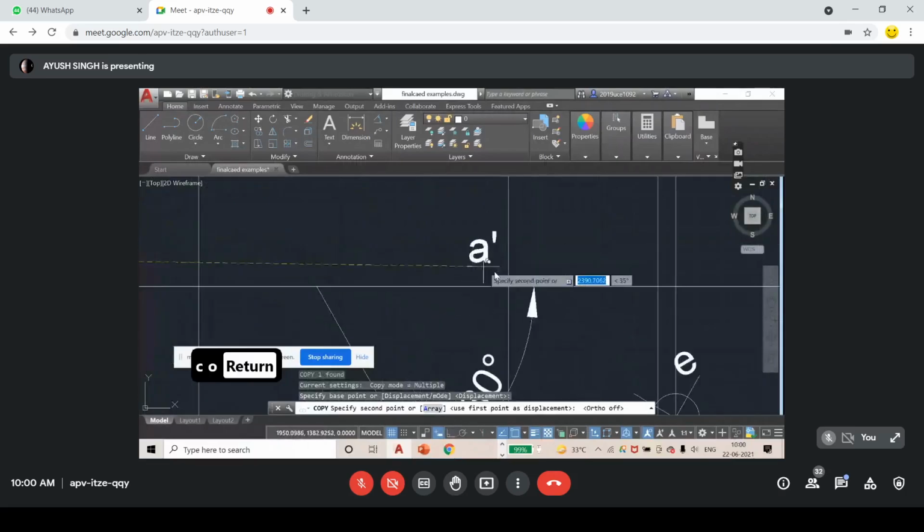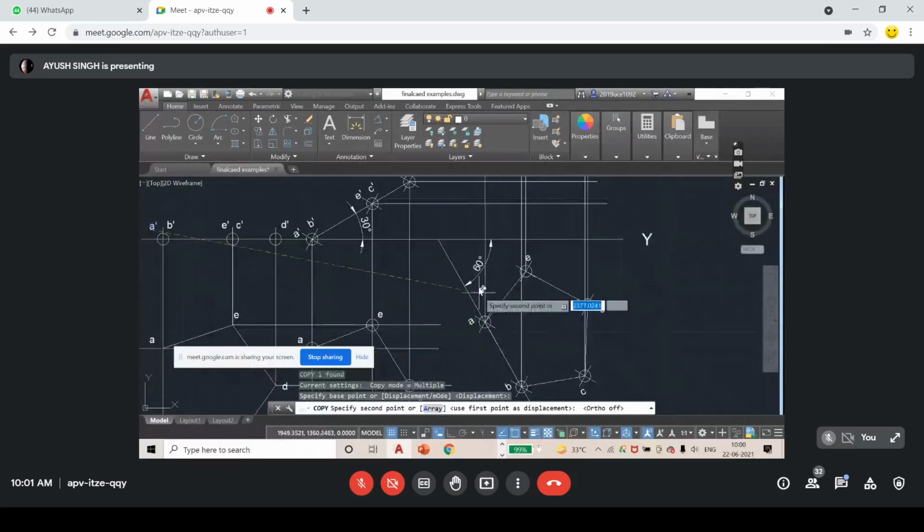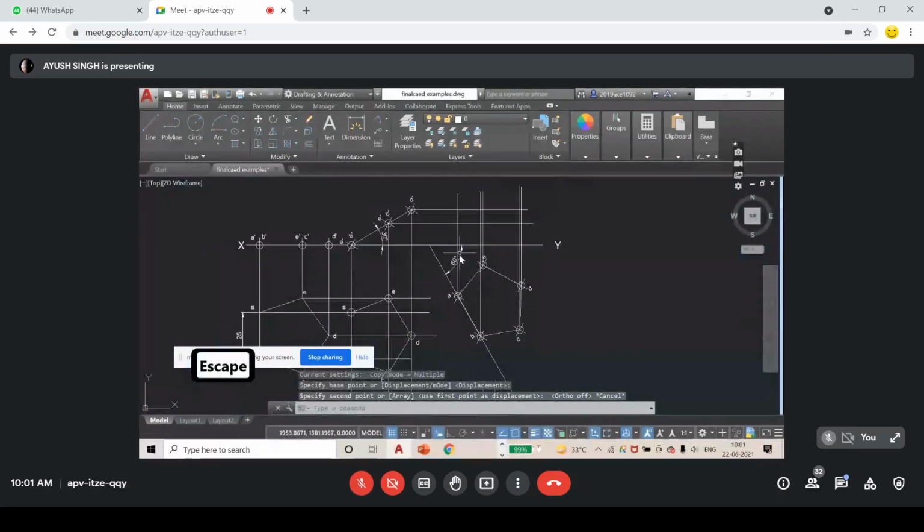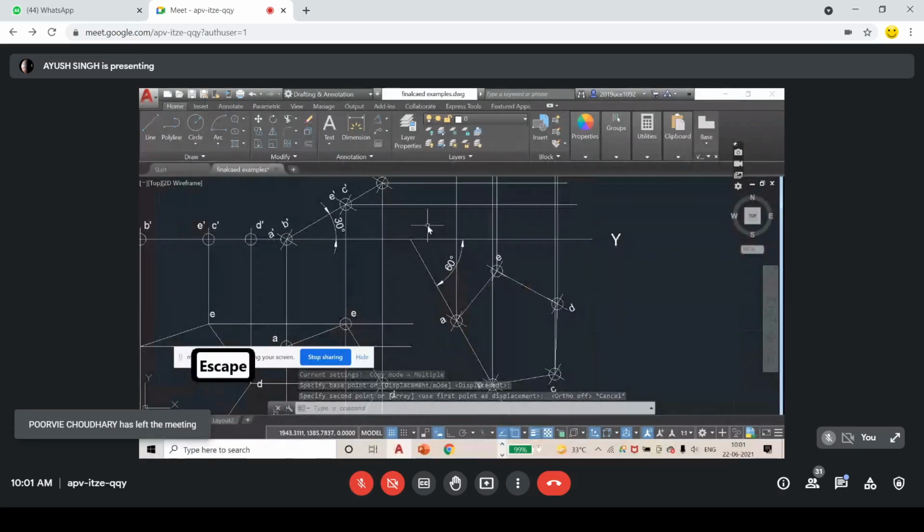I will copy this. Now find the A point. A line is this here, and A dash line is this. Oh, I'm sorry. From here you have to see A dash line is this. So mark this. First I mark the points. I'm sorry, A is this. So I mark the point. This one will be 1 point.